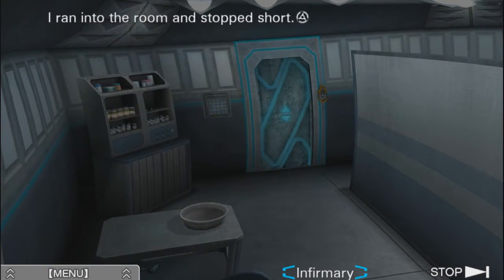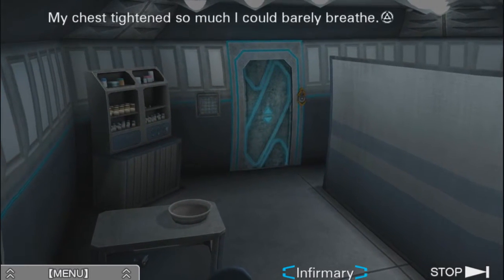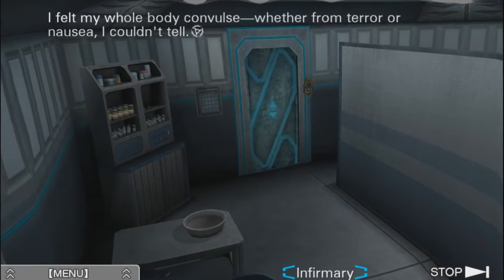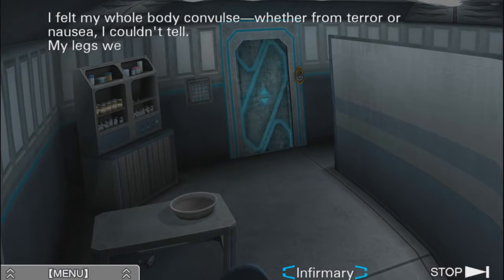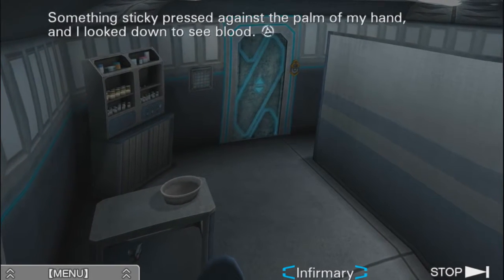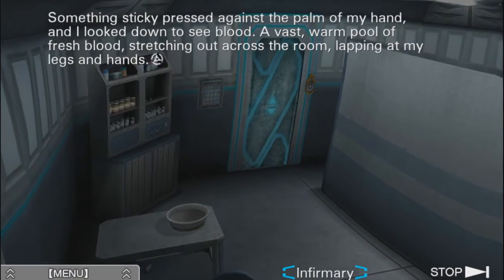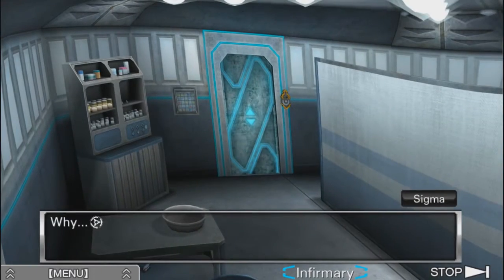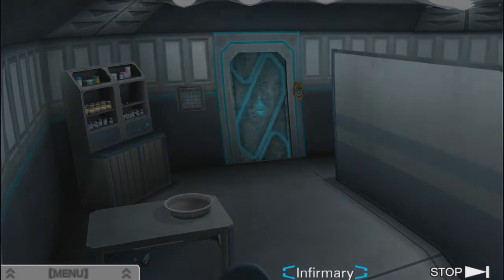Ooh. I ran into the room and stopped short. I might as well have run into a brick wall. My chest tightened as much as I could barely breathe. No. What happened? I felt my whole body convulse. Whether from terror or nausea, I couldn't tell. My legs went limp and I crumbled to the floor. Something sticky pressed against the palm of my hand, and I looked down to see blood. A vast, warm pool of fresh blood, stretching out across the room, lapping on my legs and hands. Why? This can't be real. How could...